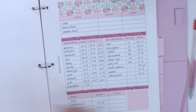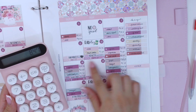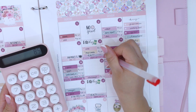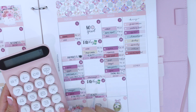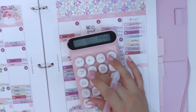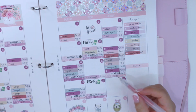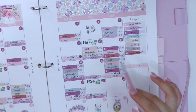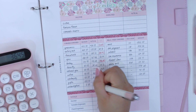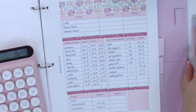30.41, and then for unbudgeted expenses we have a few. We have $8.47 for a book, $8.50 for a car wash, $5 for parking, $14.48 for a book, and I think that might have been it. Yes, so in total we had $36.45 of unbudgeted expenses, which is actually not bad, although